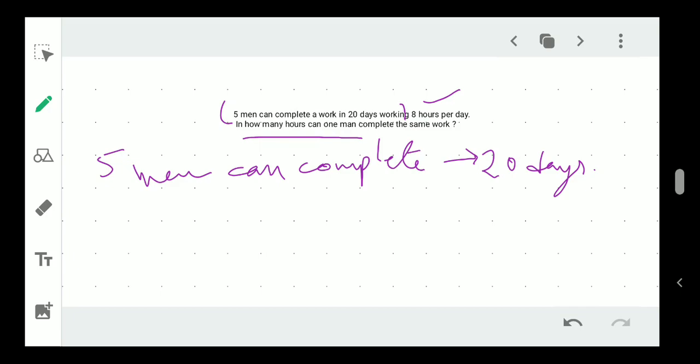see, there is nothing called days. So you can see here that for 20 days the worker is working 8 hours per day. So how many hours total is he working? So let us find that first, right? Let us find in how many hours 5 men can complete the work. See, 8 hours he was working for 20 days continuously, so per day 8 hours. So in 20 days,